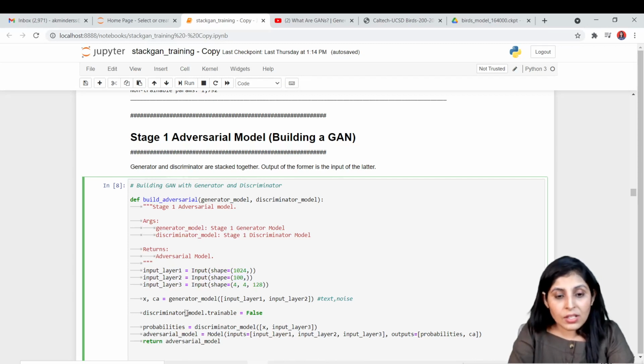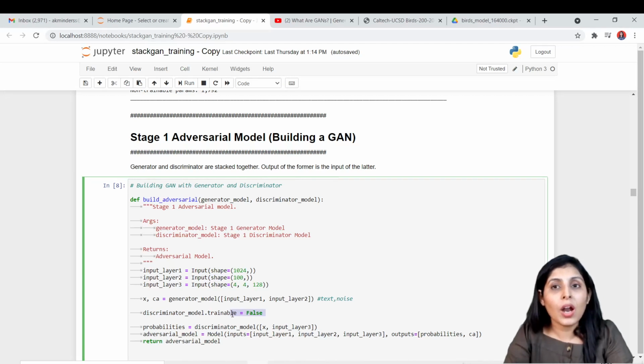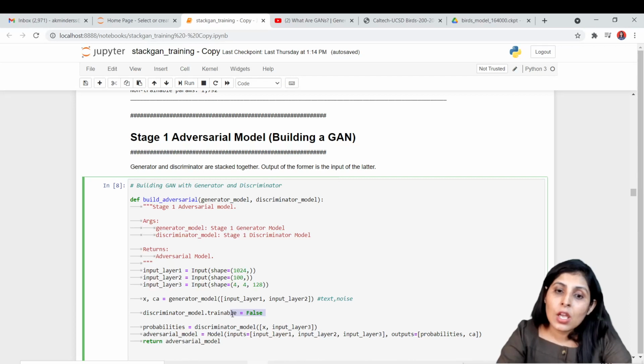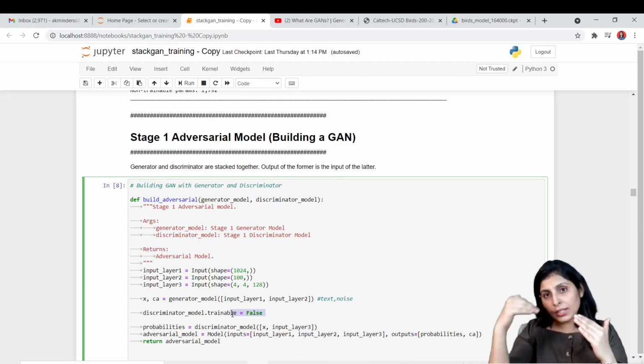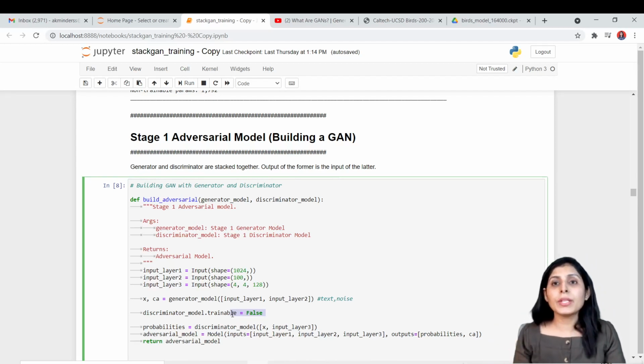Okay. And discriminator model dot trainable is false. Guys, we are not training our discriminator here. We are training our discriminator separately. So why are we training our discriminator separately? Because if you train your discriminator over here, then basically, when the generator is getting trained and we are training the discriminator, the discriminator will get impacted by the generator every time, because over here we are not doing any extra step to train our discriminator.